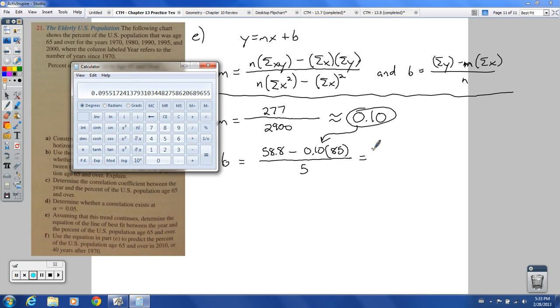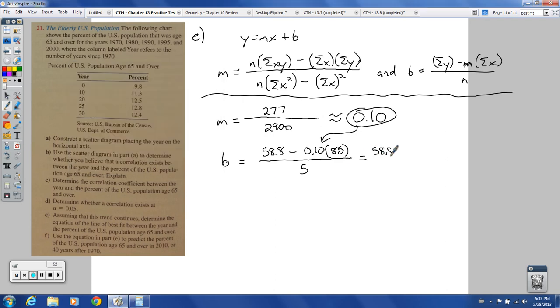Okay, let's see. This one, I could simplify this first. 58.8 times 0.1 moves the decimal over 1 spot to the left. And then I could keep simplifying this. Think of this in parentheses. We've got to do that before we divide. That would be 50.3 divided by 5,